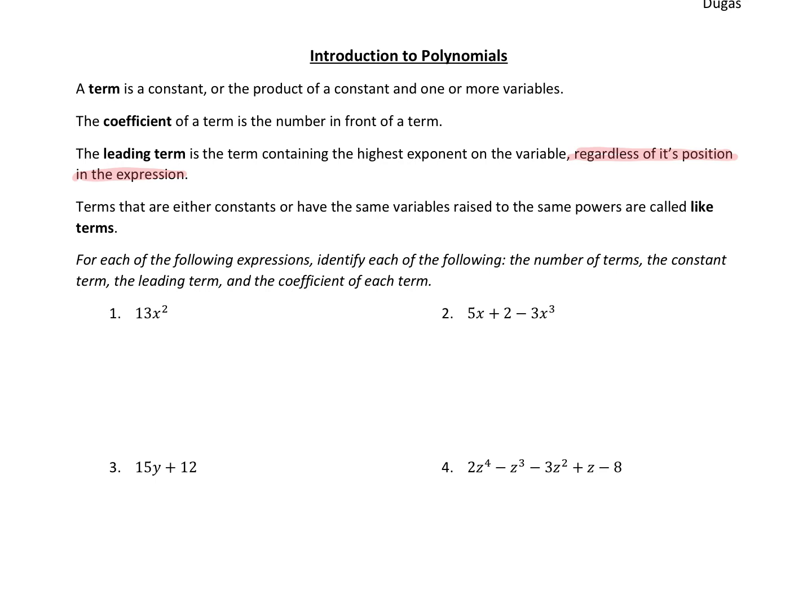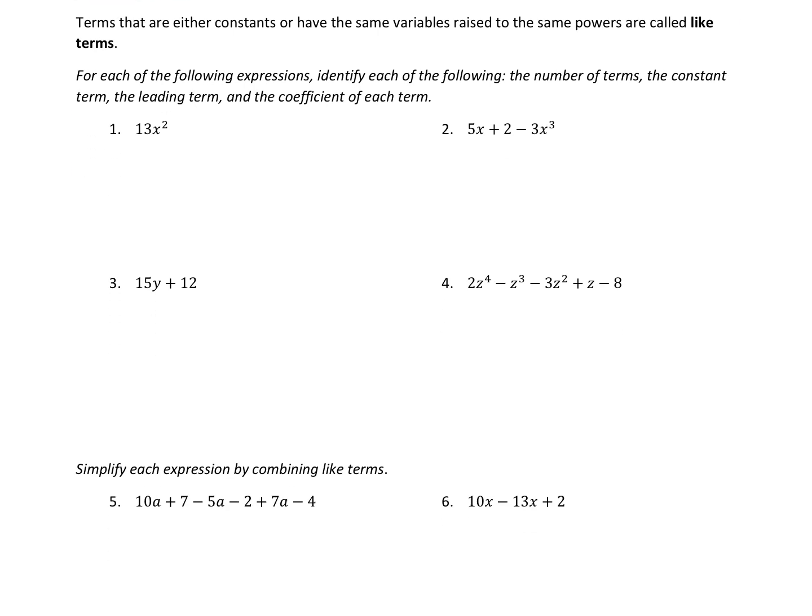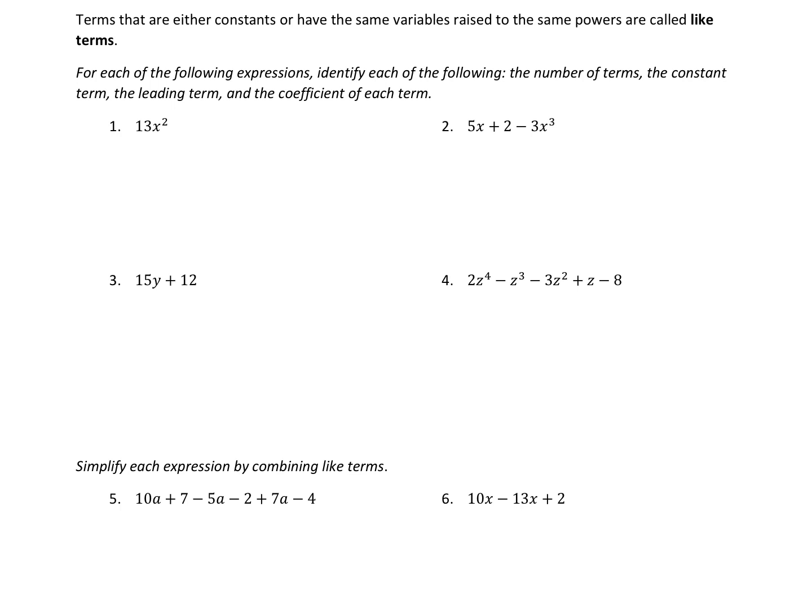Terms that are either constants or have the same variables raised to the same powers are called like terms, and you can combine like terms. So let's look at some examples. For each of the following expressions, identify each of the following. We want to identify how many terms there are, the constant term, the leading term, and the coefficient of each term. So for number 1,